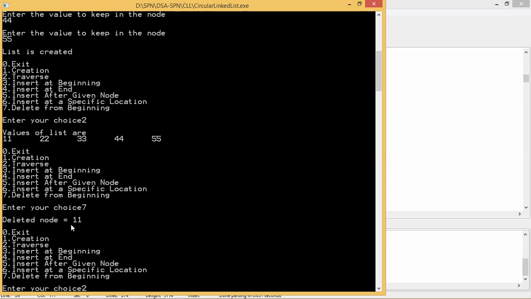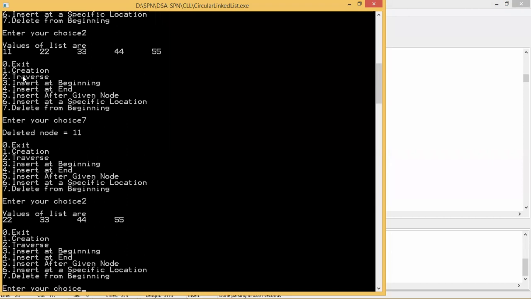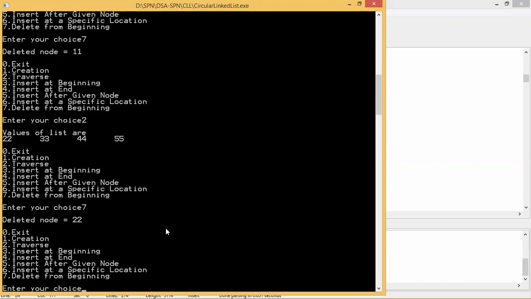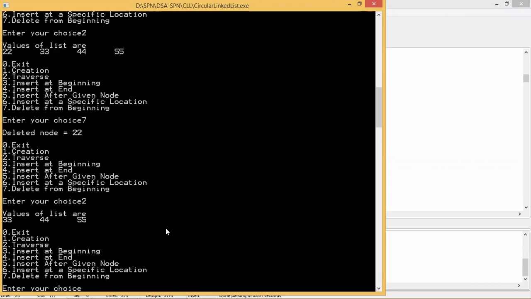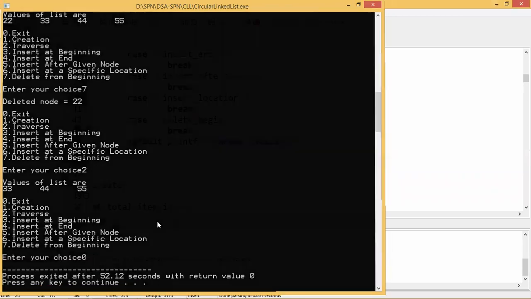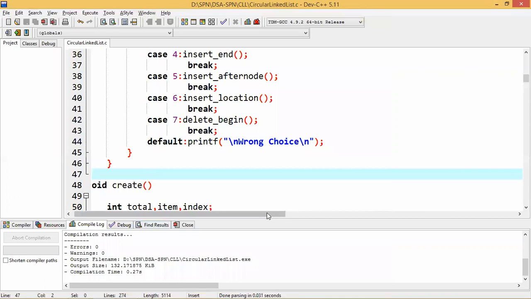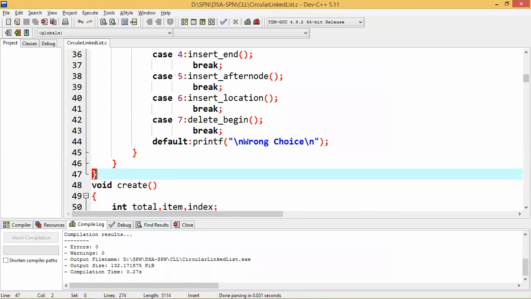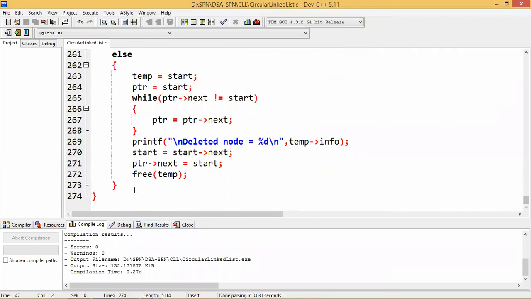How will we know that? Let us traverse again. Now check. Previously 11 was there. Now you have deleted 11. Now from 22 onwards I am printing. Okay. Now again, if I delete from beginning, 22 will be deleted and then 22 will not be there. Okay. So this is the basic code to implement to delete any node from the beginning of the circular